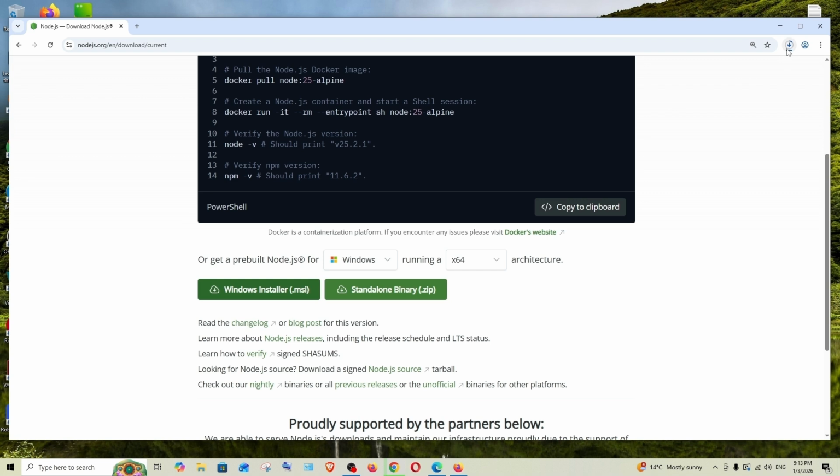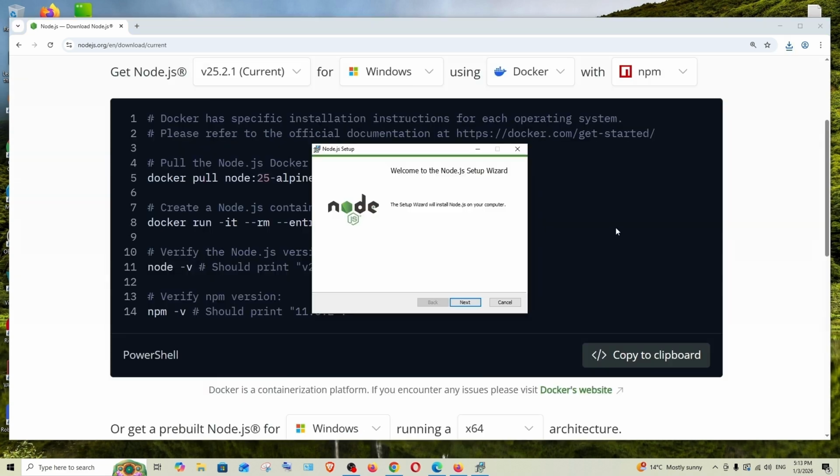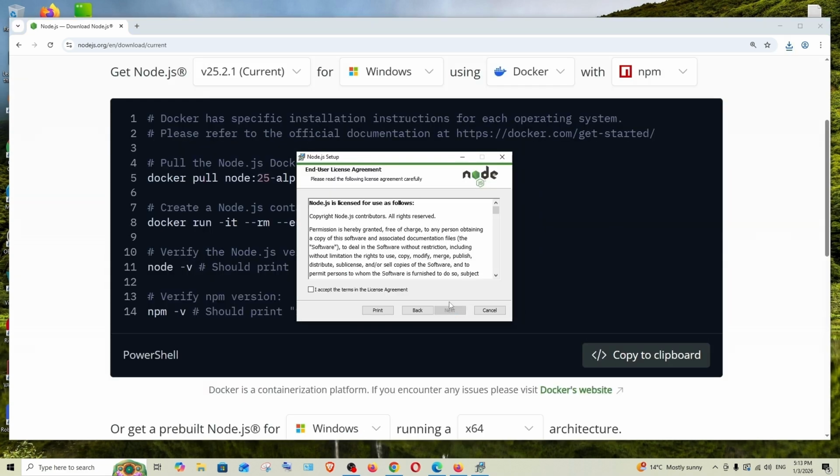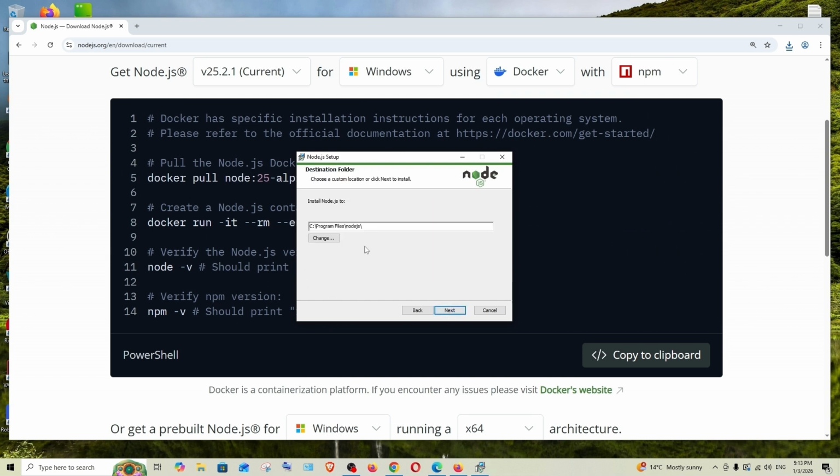This will download the setup file. It is about 31 MB in size. Just be patient till then. Once it is complete, just open it, and we'll get this Node.js setup. Click on next. I accept, select next, and this is going to be the default location where Node.js is getting installed. If you want to change it, you can click on change. Once you have done that, click on next,